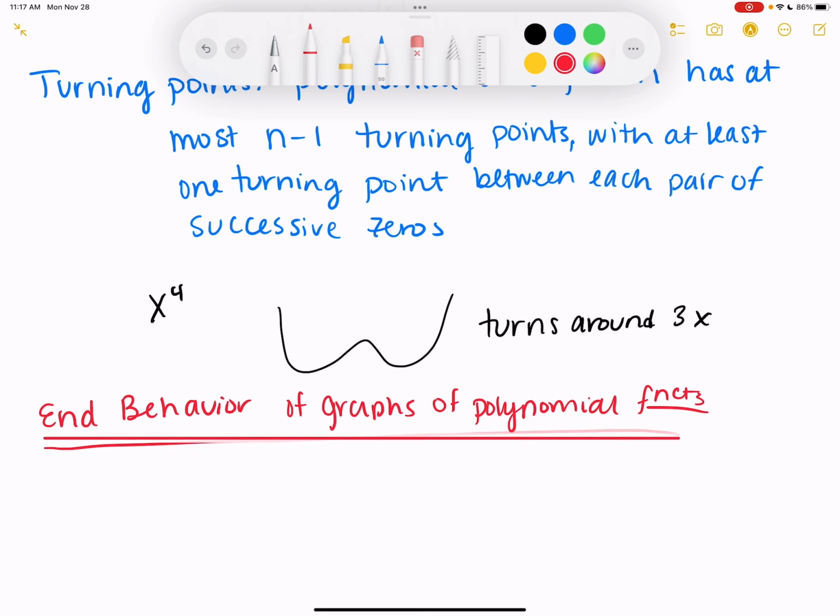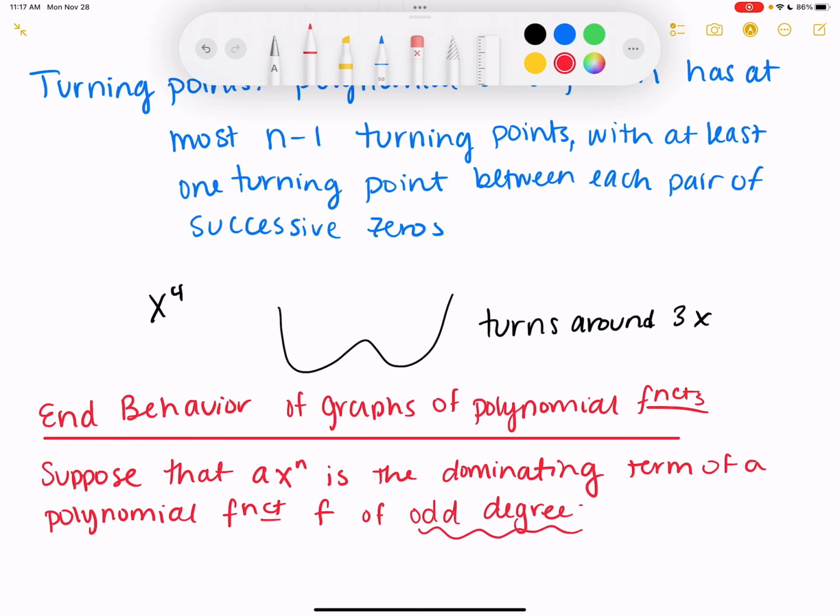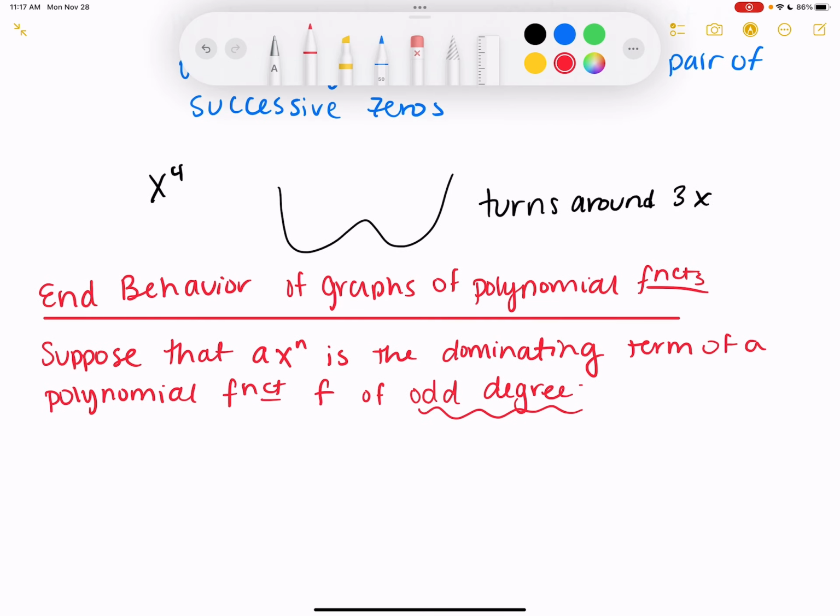So suppose that a times x to the n is the dominating term of a polynomial function f of odd degree. So we're going to do odd first, and then we'll go to even in a second. So in terms of like it's raised to the first, the third, the fifth, so on and so forth,